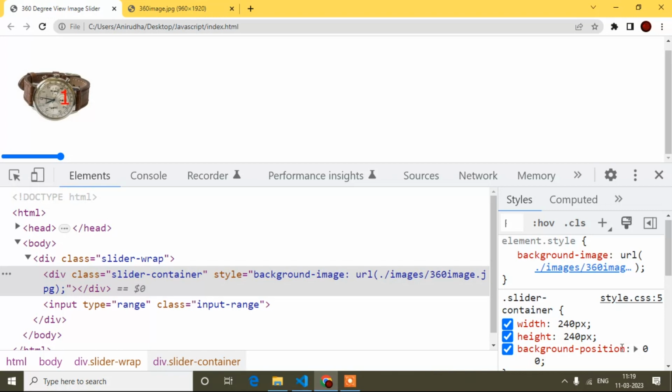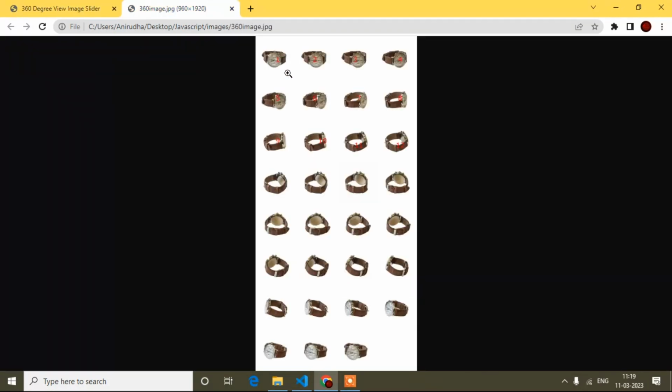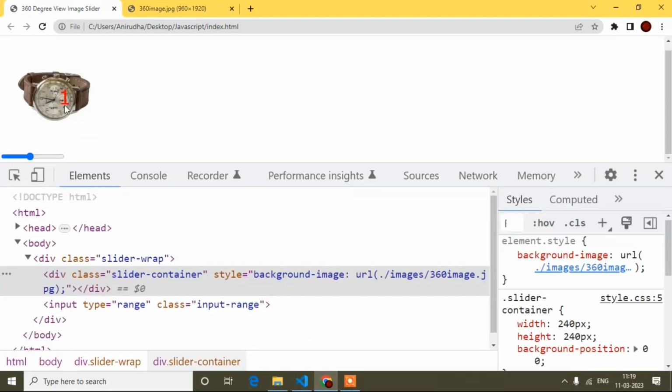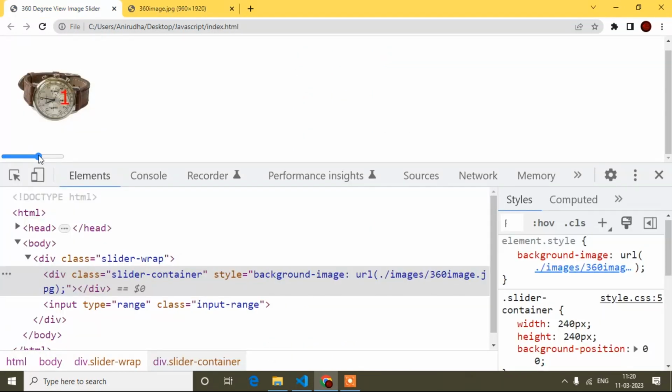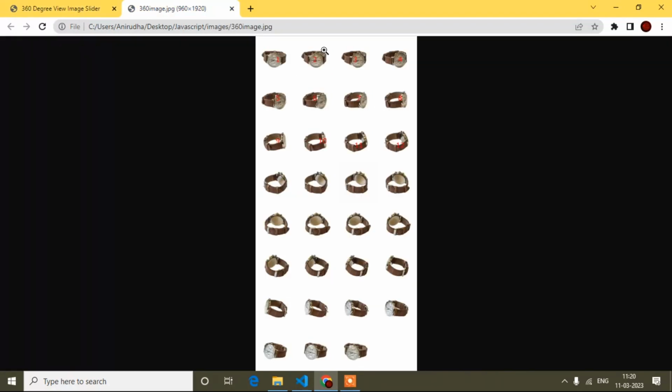So what happens when I move my range slider? First it is displaying the first image. You can see 1 is written here, for your understanding purpose I have written the number. So it is displaying 1. Now when I move my range slider to the right side, like this, the second image will come.